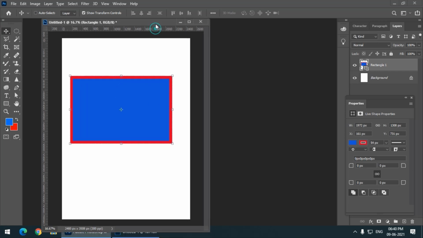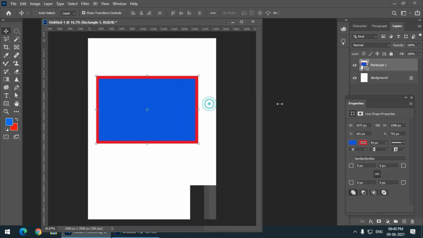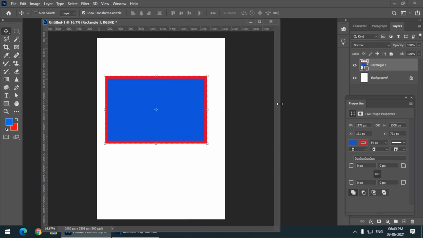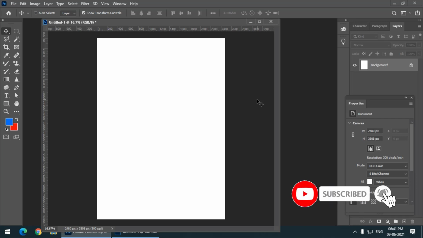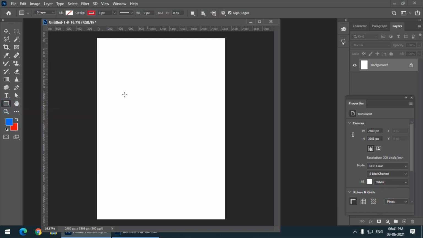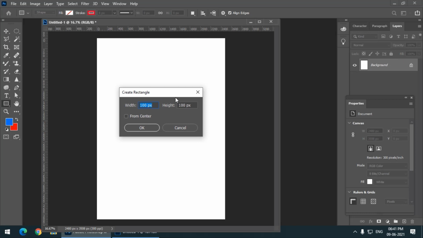So what if I want to create a shape of a particular size? Let's say I want to create a square or rectangle which has dimensions of 6 by 6 inch. So I can simply go over here, and instead of dragging it, I can simply click on the document, then this pop-up window will appear.